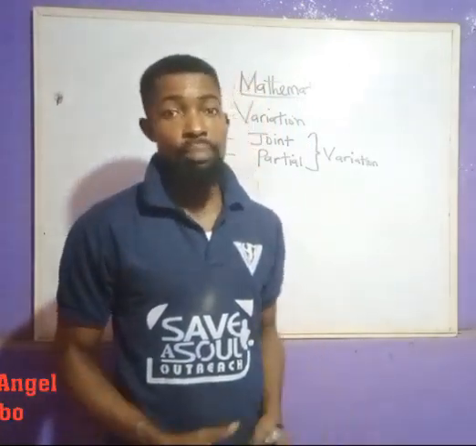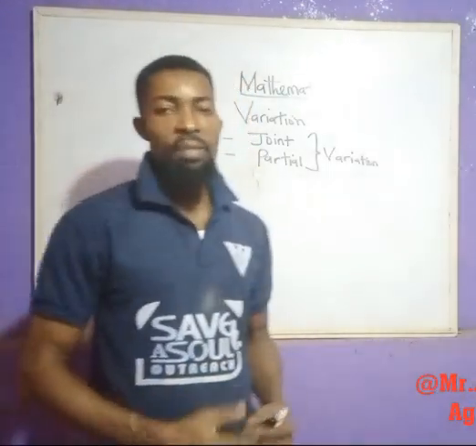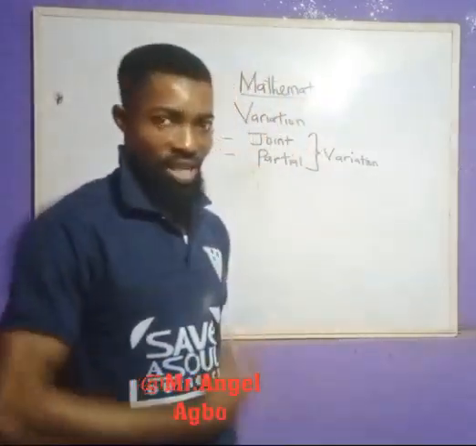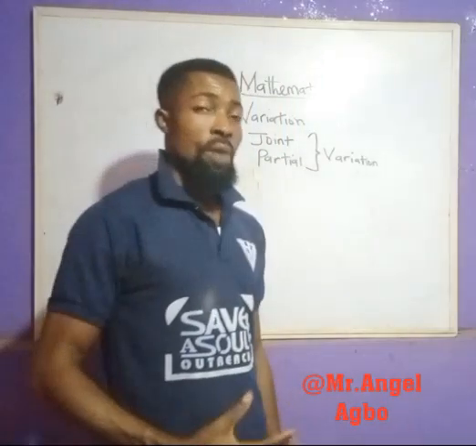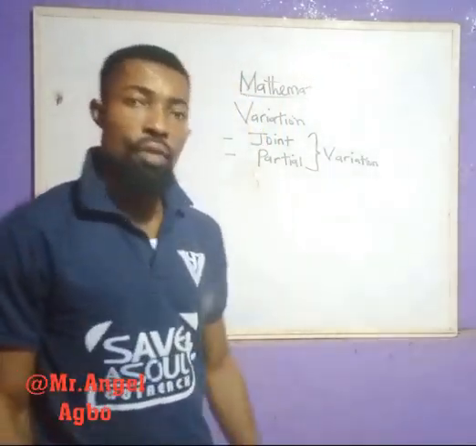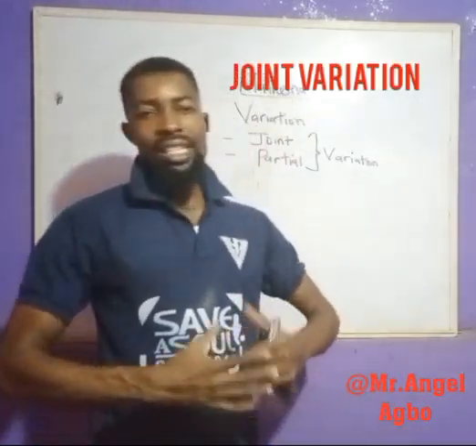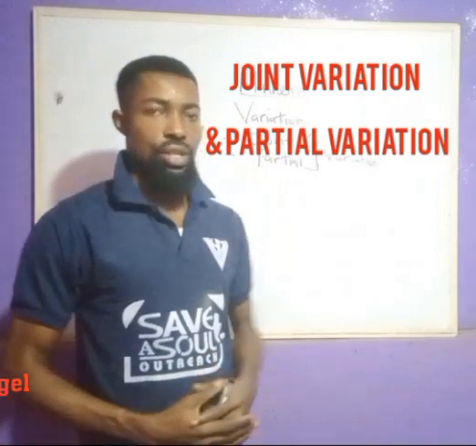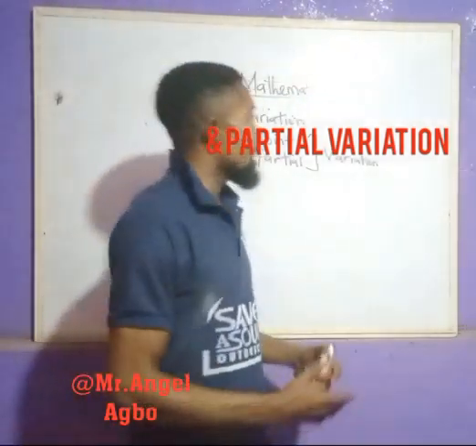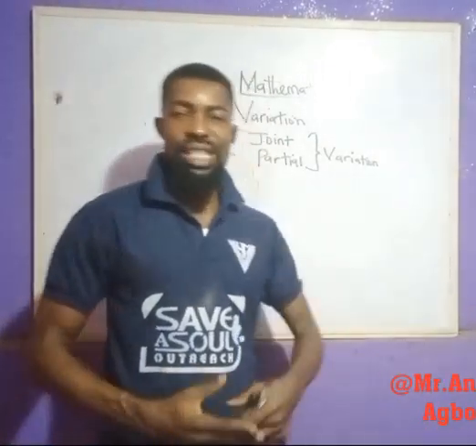In case you haven't watched them, you can check my video, the previous one before this particular one. Please check on that particular video before you watch this one. So today we are going straight to the third type of variation and the fourth type, which are joint variation and partial variation. Yes. So in direct variation, my previous video, I told you that direct variation is a relationship